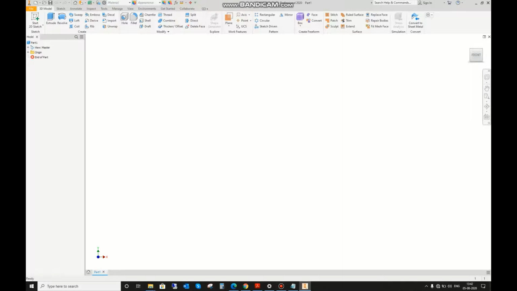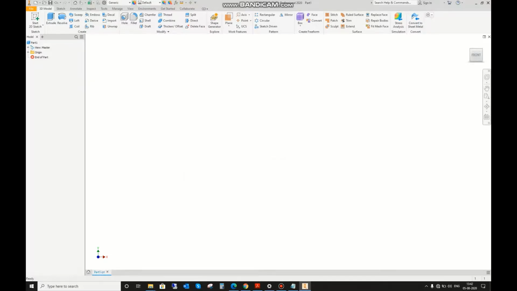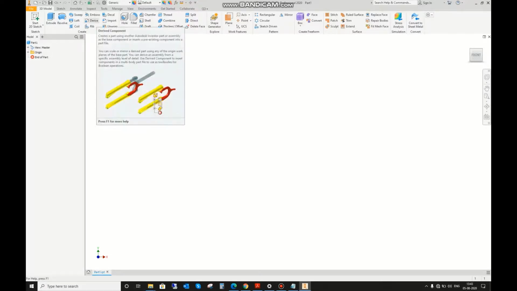Yes. So the standard template of the standard part file has opened up now. First we will save it so that we don't lose that part. We will save it under any name, because we have to just introduce the different features of Inventor. So from here you can see that there are different features which can be seen on this panel. First one is sketch. Then there are different features like extruding, revolving, sweeping. With the help of those, we will be able to make models.